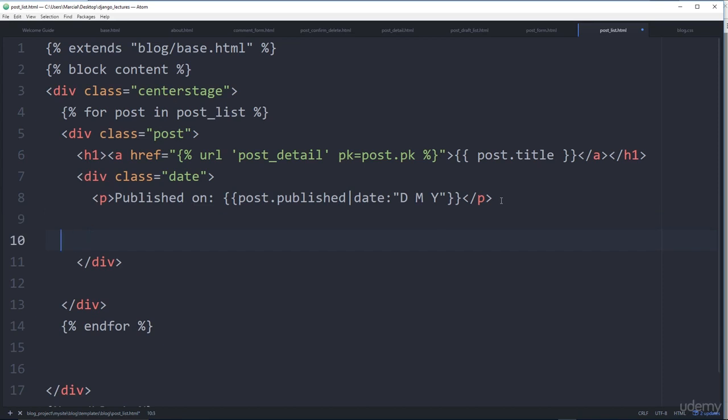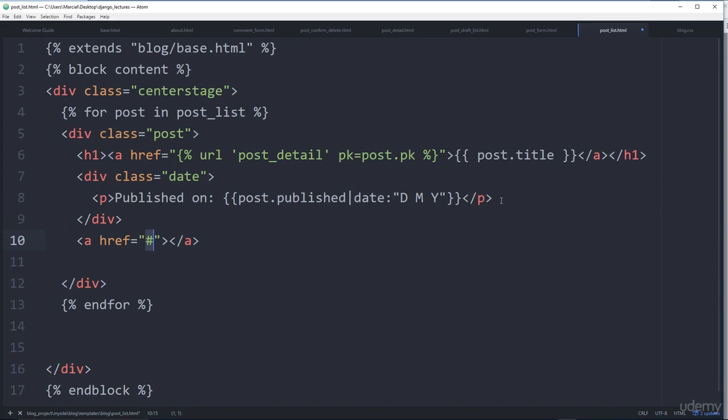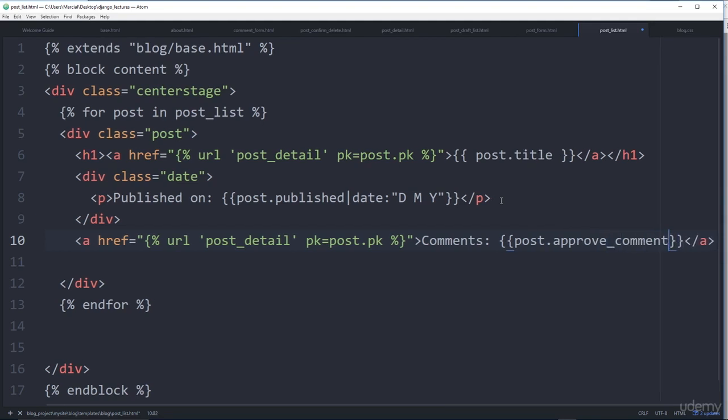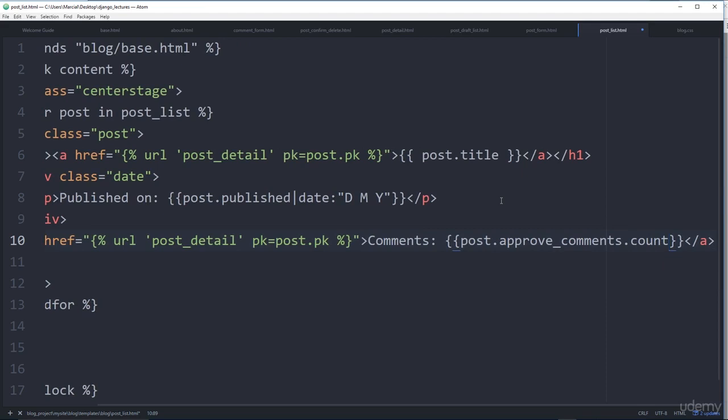And then finally what I'm going to do is after that div, I'll create one more anchor tag that links to the comments. So we'll say here URL post underscore detail pk is equal to post.pk, essentially the exact same thing we wrote there. And then I'm going to say have some comments. Comments, and then what I'm going to do is inject the comment count. So we'll say post.approve underscore comments, and then what I can call off of that is the count attribute or count